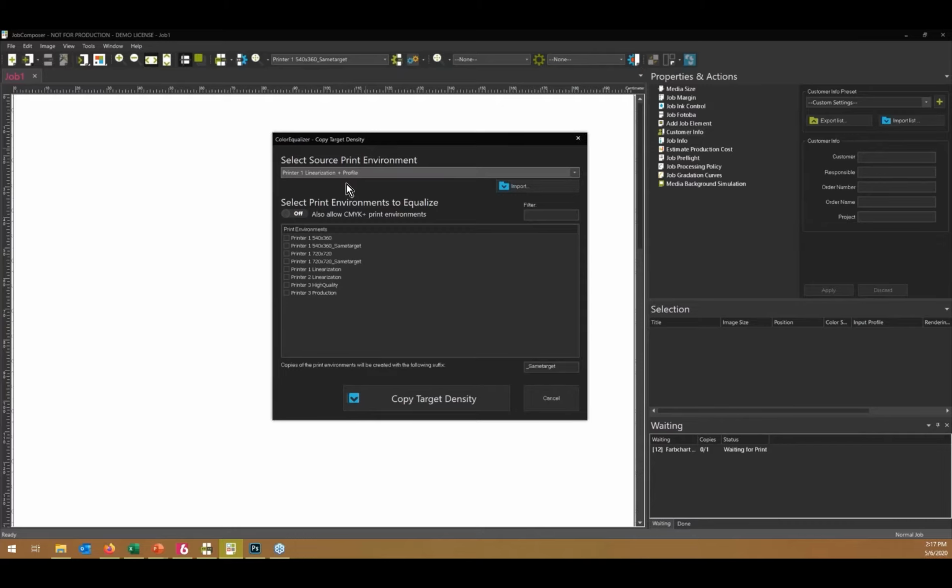This will be my situation. So I have a print environment already, and I want to calibrate, for example, another printer, and I want that second printer to have similar results to printer 1. But I already did my linearization and my profile, and they have limits, so I cannot just calculate a new target density, but I can copy the target density that exists already. So in this case, I would choose my printer 2 that I did the linearization, and I would copy the target density. I would just give it a different